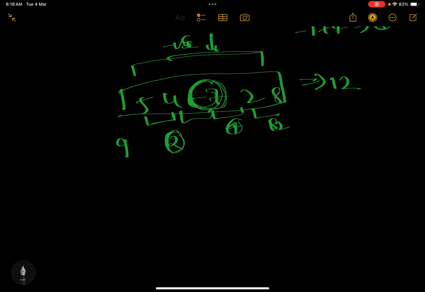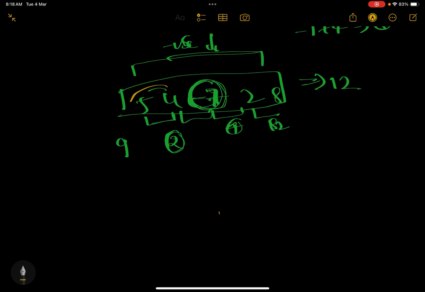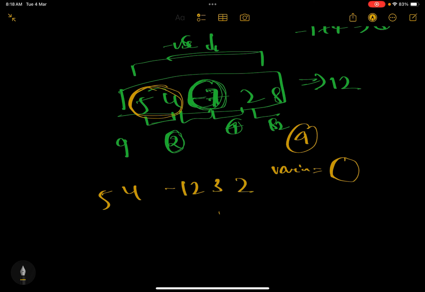So before that, before taking minus 7, can it be a candidate to become the maximum subarray, right? See, 5 4 9 can be a candidate. When 5 4 9, yeah, it can be the maximum. So what I will do, I will keep a variable maxi, where I will keep updating the maximum sum which I get till now. Means if 5, 4, minus 12, 3, 2, see, have a look at this subarray, 5 plus